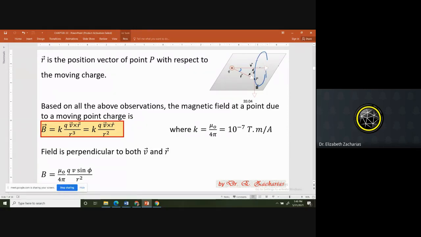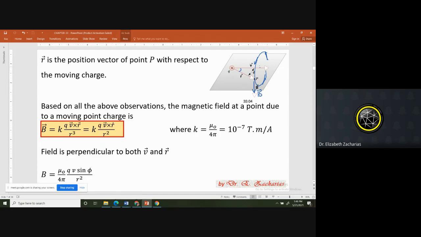It's going to form a circle around this line. And at this point, if I draw a tangent, it's going to be this. So this is the direction of my magnetic field. If I take a point here, the magnetic field is this. If I take a point here, it's going to be here. This will be this. Okay.